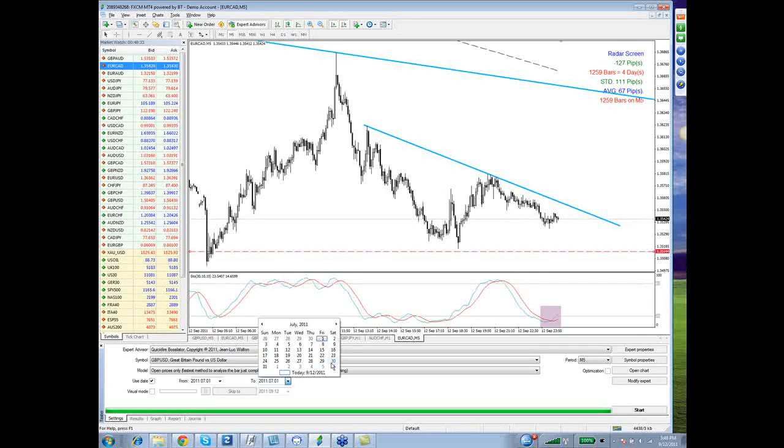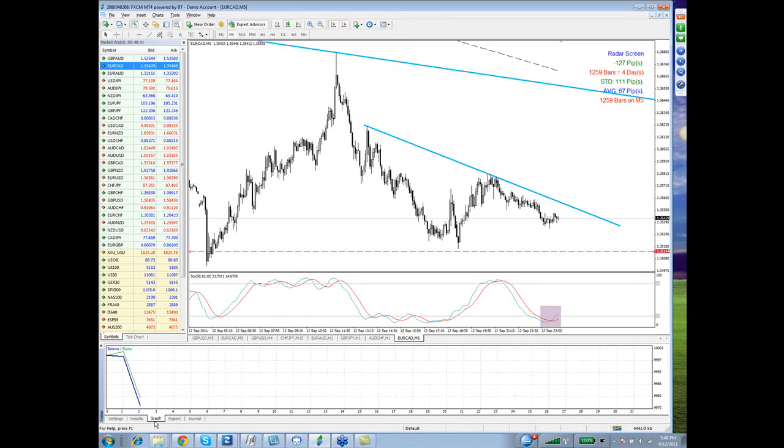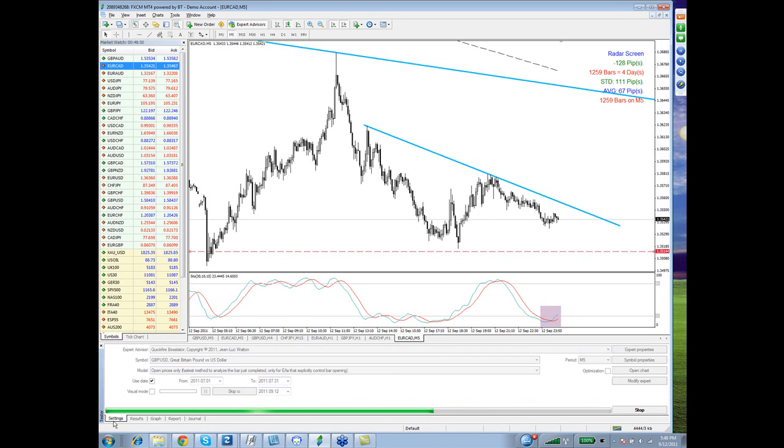Let's go to July and run this bad boy. 5-minute chart. You can see here that the graph at the bottom of the screen is just tracking the trades as they are taken. The results section shows the trades as they are taken as well. And I've just been running some tests all day long, spot checking on different currency pairs, different time frame charts. And this is the trend trade version of the Bossilator, and I'll be testing additional versions throughout this week and talking to you more about it as we meet together.